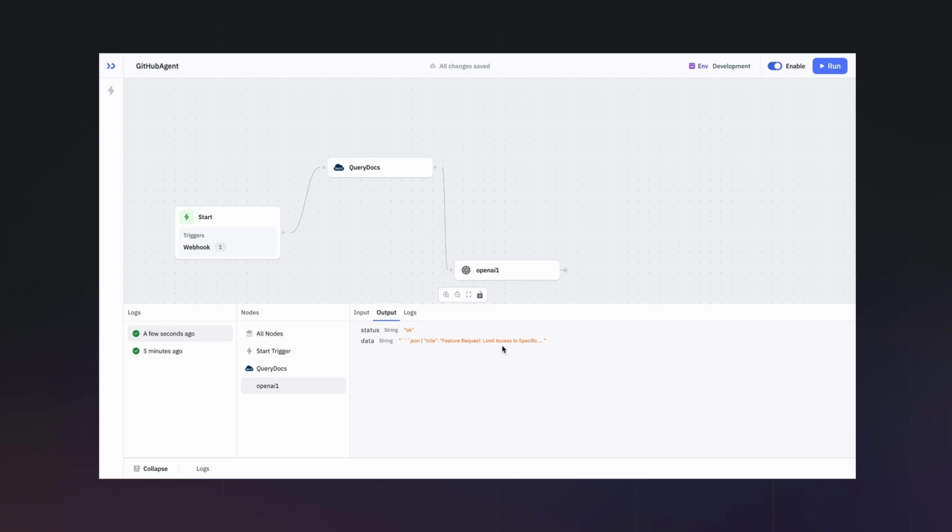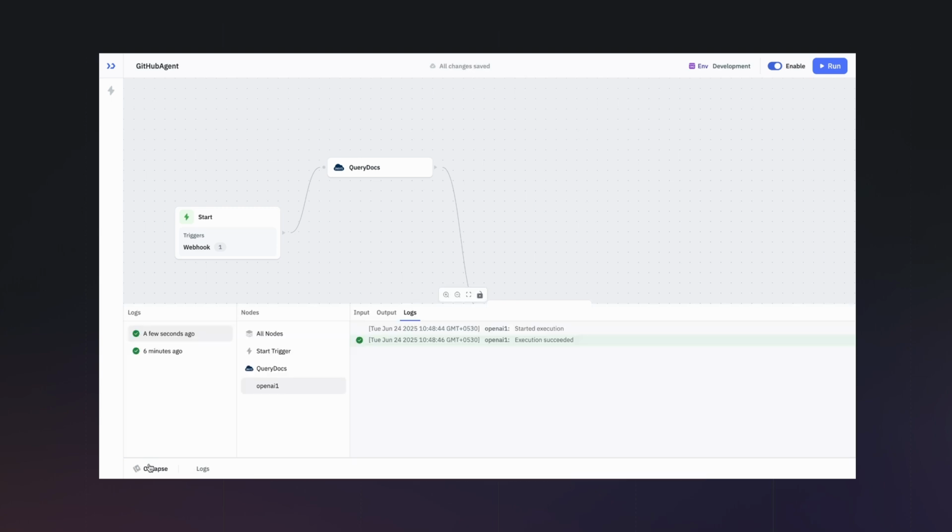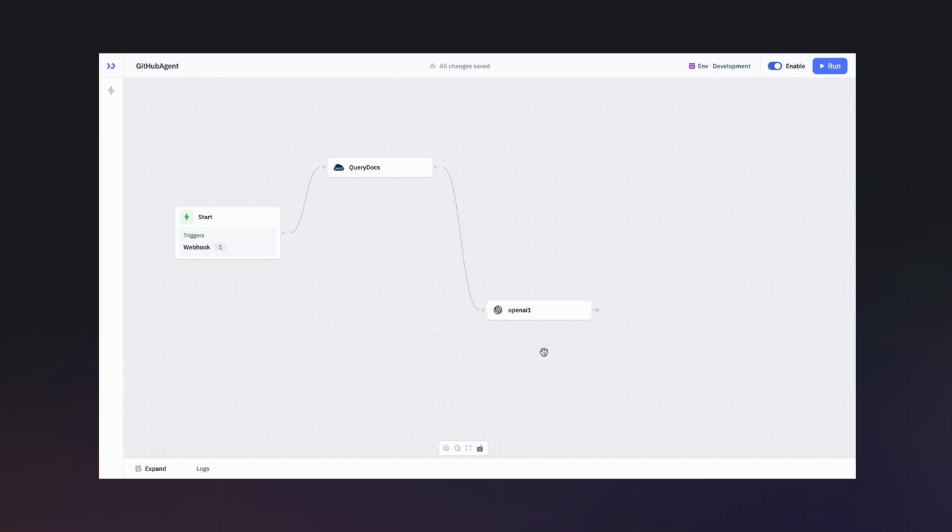All right, now next we want to sanitize the data, because if you expand this and see the output, we have this format where it includes JSON as a string inside the response that we're getting from OpenAI, which we do not want. So we'll be cleaning this up with the help of JavaScript. Let me collapse this and